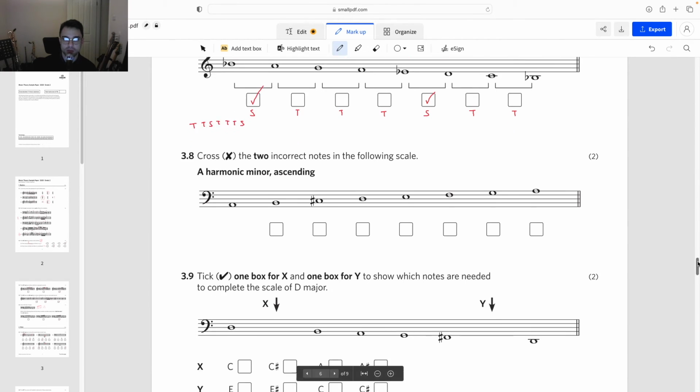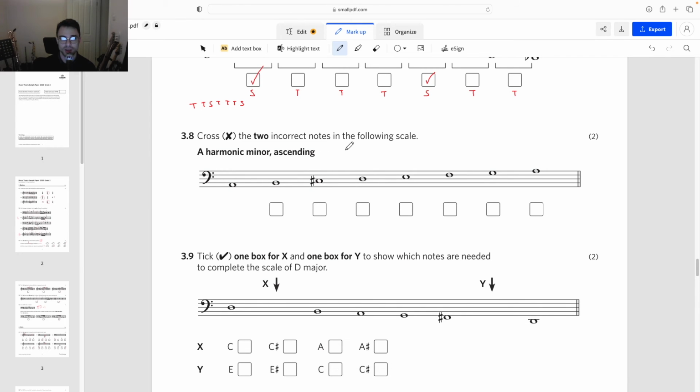Okay, 3.8. Cross the two incorrect notes in the following scale. A harmonic minor ascending. All right, so it's minor and it's harmonic minor. So let's go in and have a look. The harmonic minor scale is always 1, 2, flat 3, 4, 5, flat 6, 7. Alright, so in the case of A harmonic minor, that would be